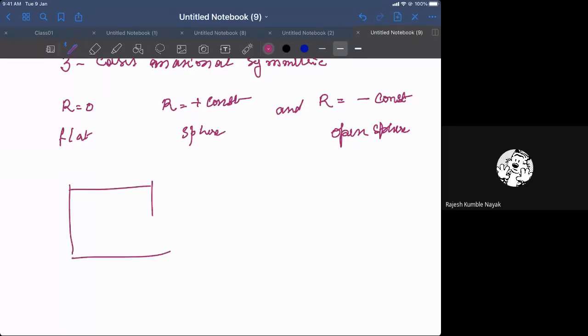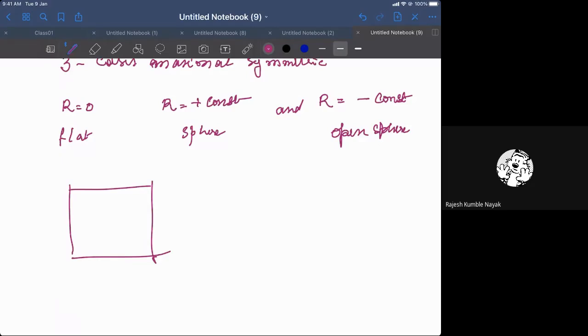You can take a flat space with the Cartesian coordinate system. You know that there is no difference. Every point here is the same. You can move in any direction. You can sit in any position. Every place is equal to every other place in flat space-time. So it naturally satisfies the condition required for the Copernican principle.